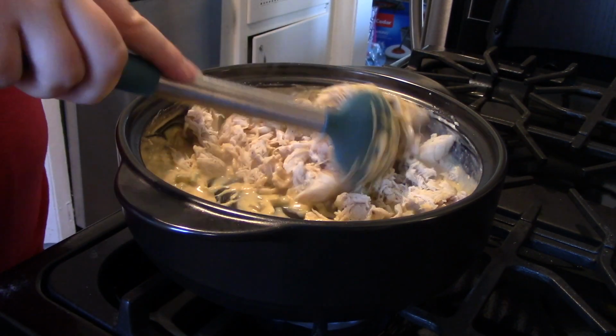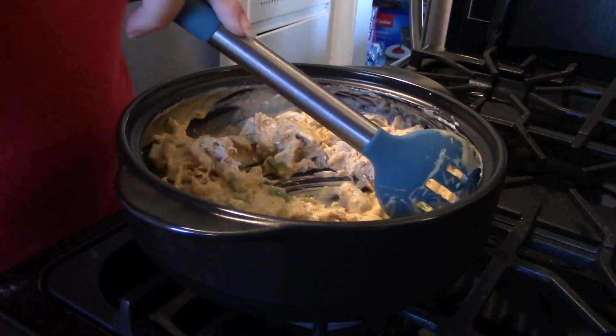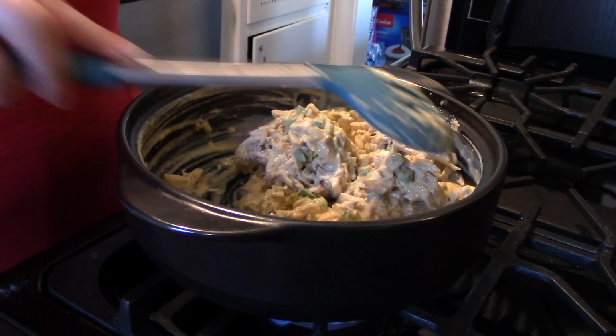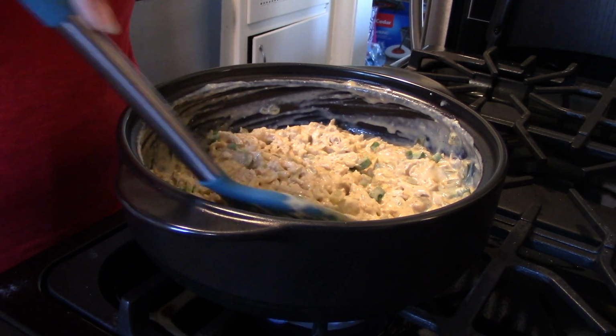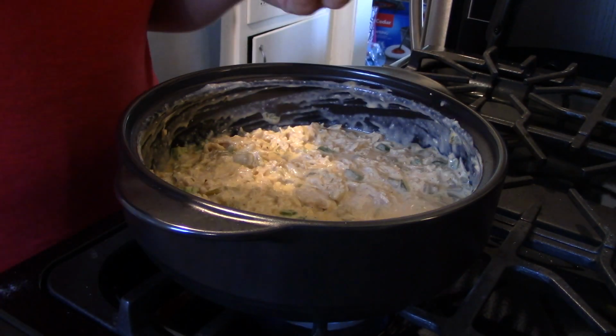add chicken. So my proportions were off when I made this. This has less chicken, but the same amount of everything else. And honestly, it worked out really well that way because I like things to be very saucy. So I had more sauce with less chicken, and I wish that I had made just so much of this